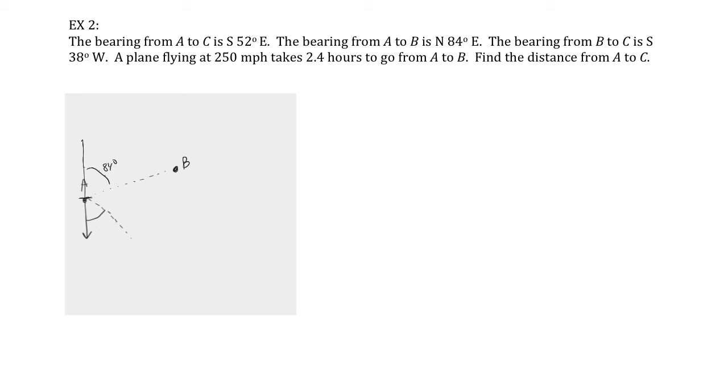The bearing from B to C is south and then turning 38 degrees. So this right in here is 38 degrees. All right, so now I'm dealing with a little triangle. Most likely, because it's in this section, it's going to be a 90 degree, but let's figure out what's going